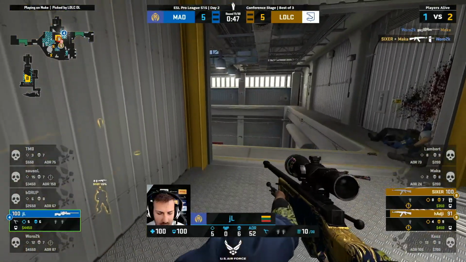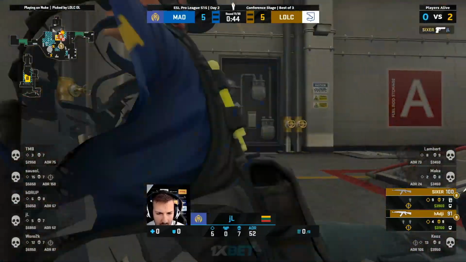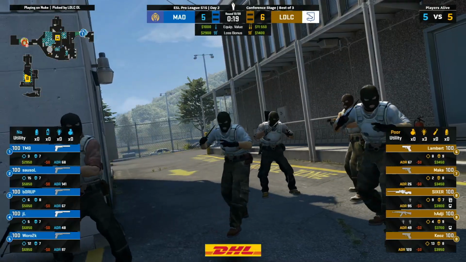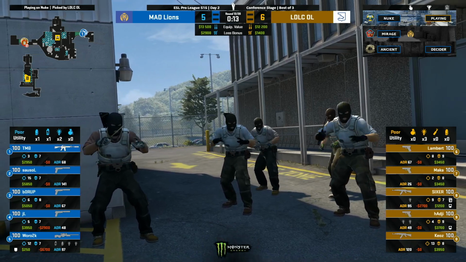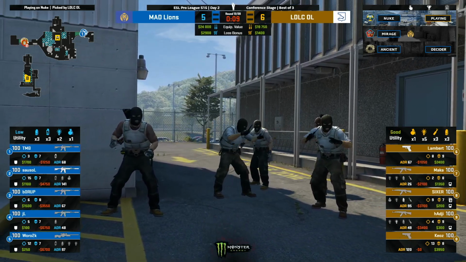JL with the 1 versus 2 ahead of him. Oh, they're making double sure of it. That's double Molotov. JL. No heroics from him, unfortunately, with that. Big investment still, and that will come at a cost in some of the later rounds. So they're still going to have enough to cover the losses here. However, Mad Lions are going to need to string more than just a few rounds together to justify the cost